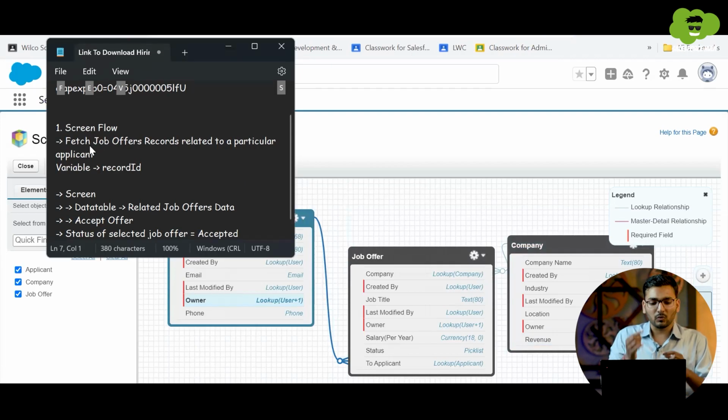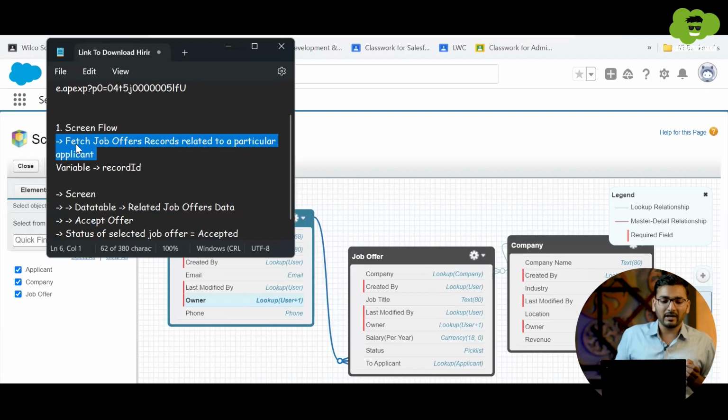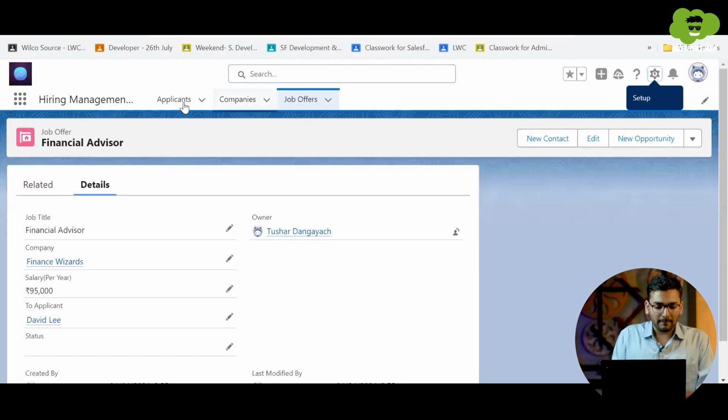Let me explain you one by one. So first of all, we are going to create a screen flow, and within the screen flow we are going to fetch the job offer records related to a particular applicant. Now what is the reason behind this? If you go to an applicant,